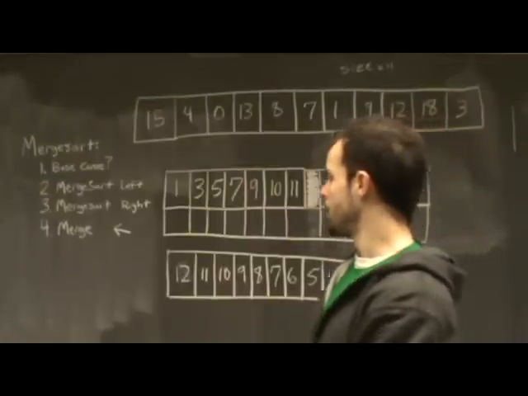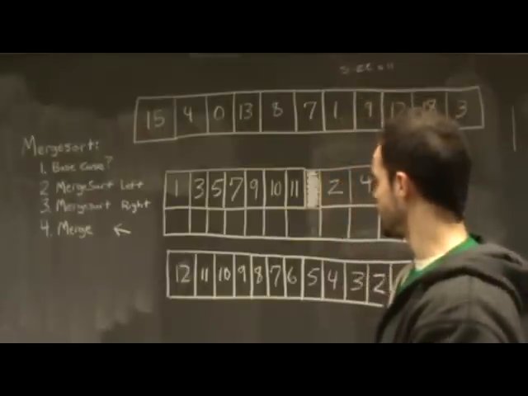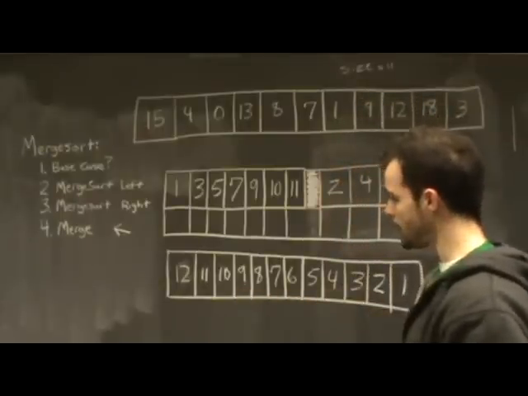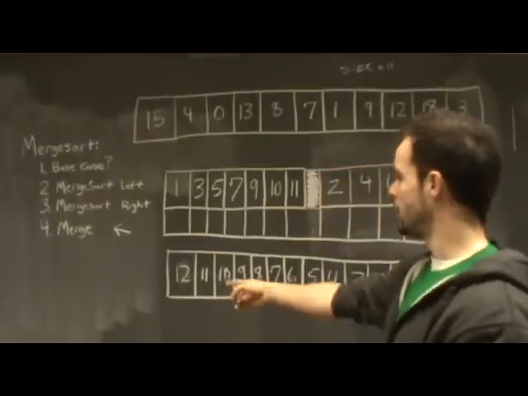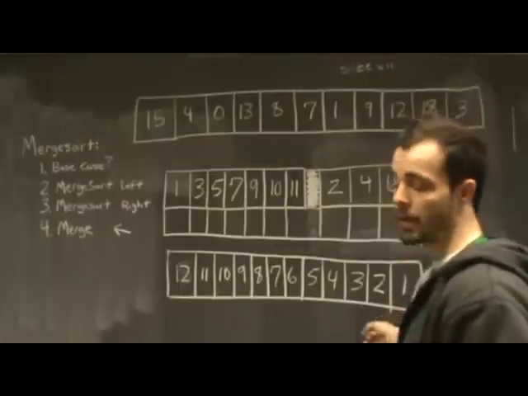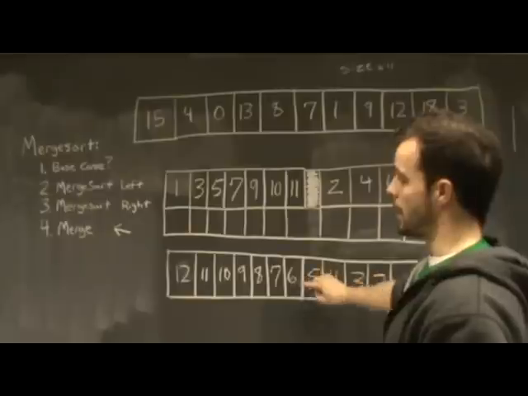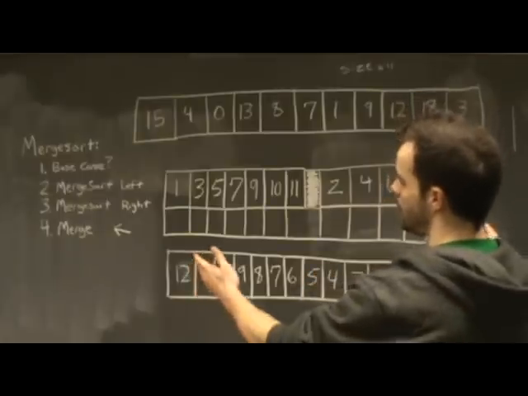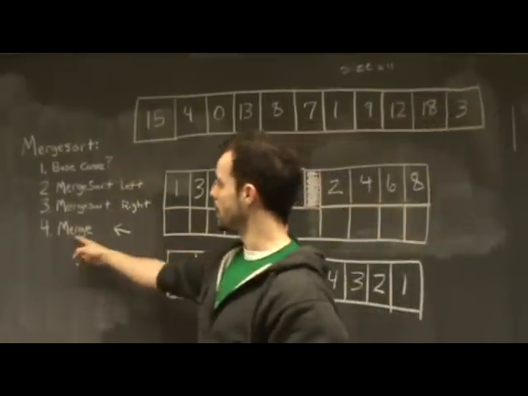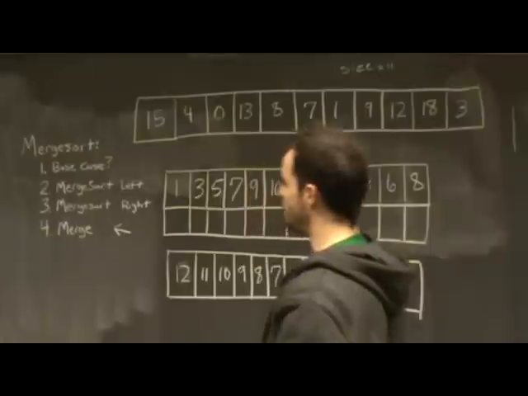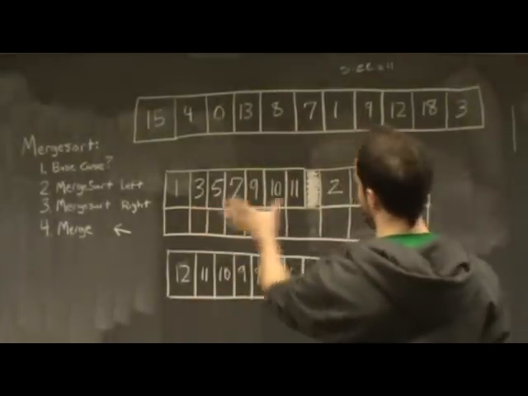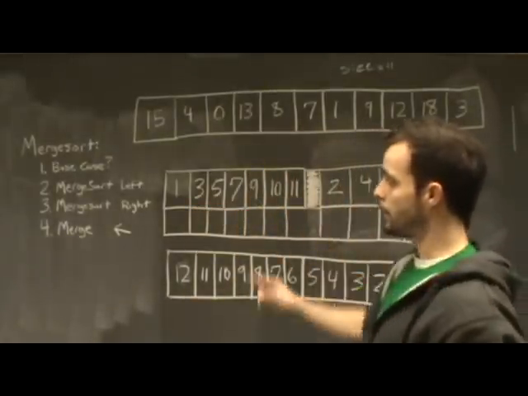Now, to have something to compare that against, let's look at this array here at the bottom. This is in descending order, starting from 12 and going all the way down to the number 1. Let's ignore this on the bottom for now, and let's assume that my original call to mergesort is on this step, merge. We've already divided up the left side, we've already divided up the right side,